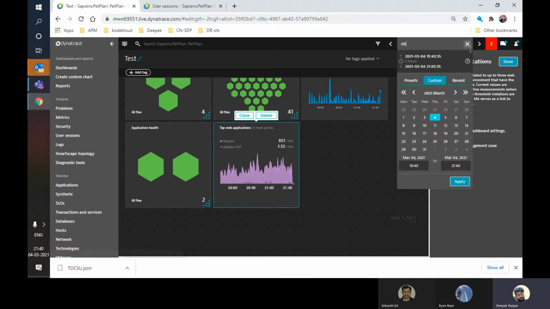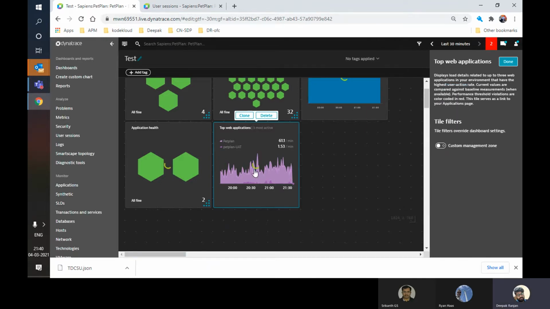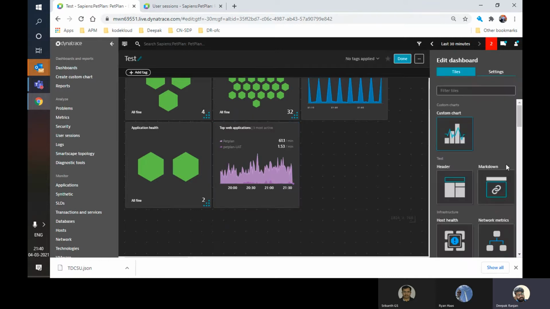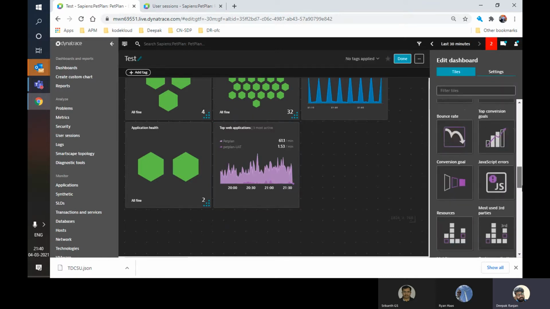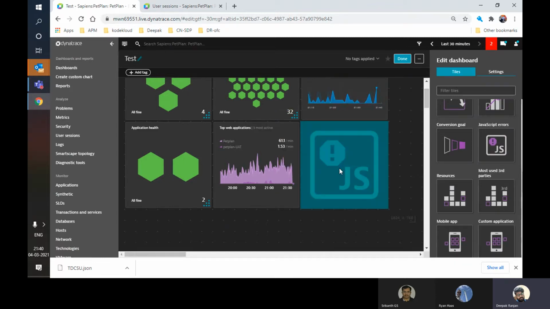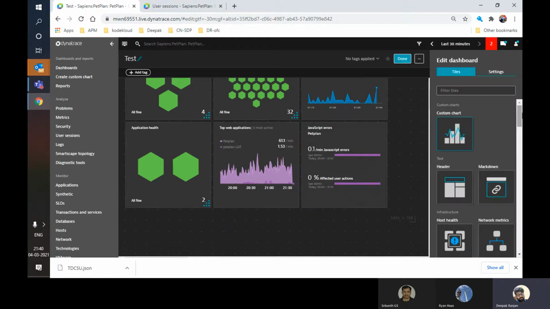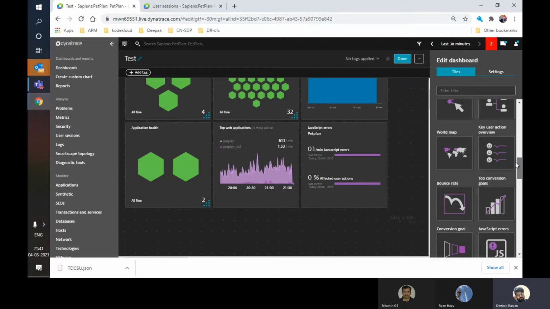2 hours. If I take 30 minutes, it may reduce, but still we have the same. That's fine. So like this we can drag and drop for normal things. How many JavaScript errors do we have? JS error. We need to select the application, so it's taking pet plan prod. We don't have many errors. That's fine. So like this we can create